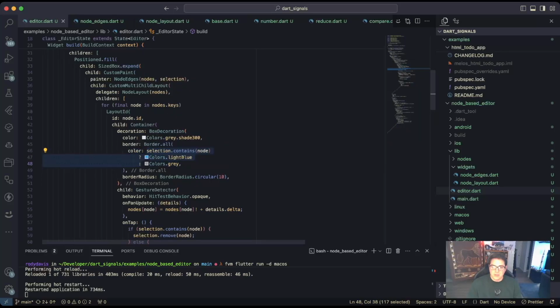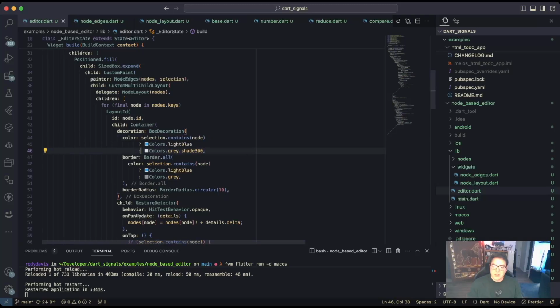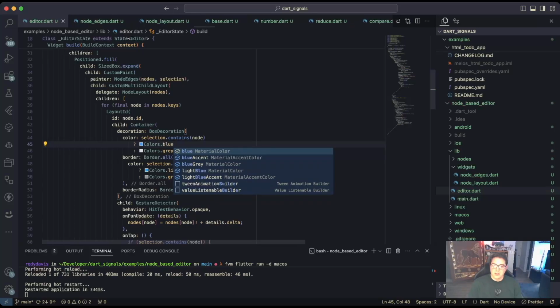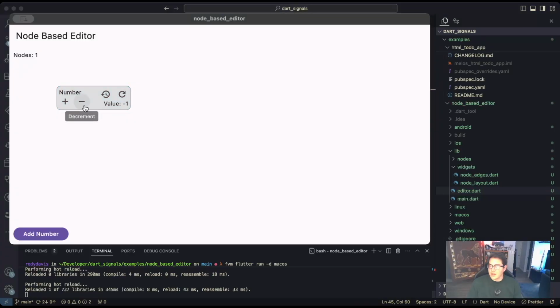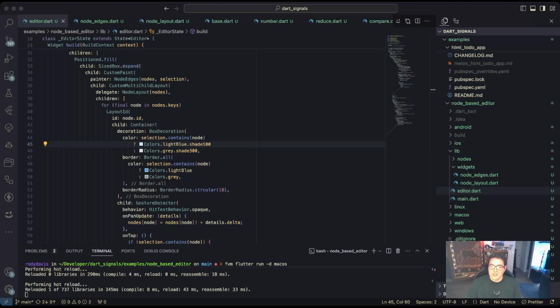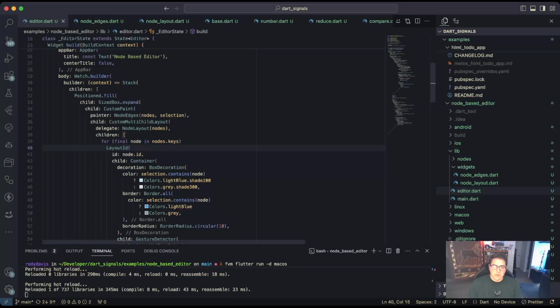And then I'm also going to quickly change this because I think this will make a little bit more sense in the UI. Yeah, I like that a lot better. Okay, perfect. All right, so going down into this, let's first start with the custom painter. Now, this is a stack, and this will be the size expanded, which will have our custom paint having the